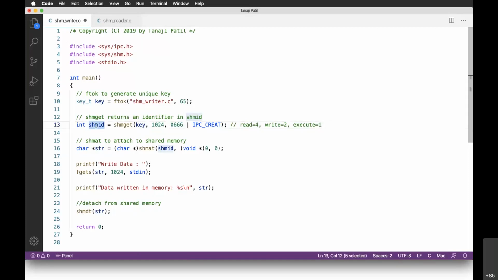The meaning of this is that in the kernel's space, 1 KB of space, that is shared memory, will be allocated, and it will be uniquely identified by the key we have passed, and what it returns is an identifier for this shared memory segment, and that I assigned to shmid, the shared memory segment identifier. Okay, once we get